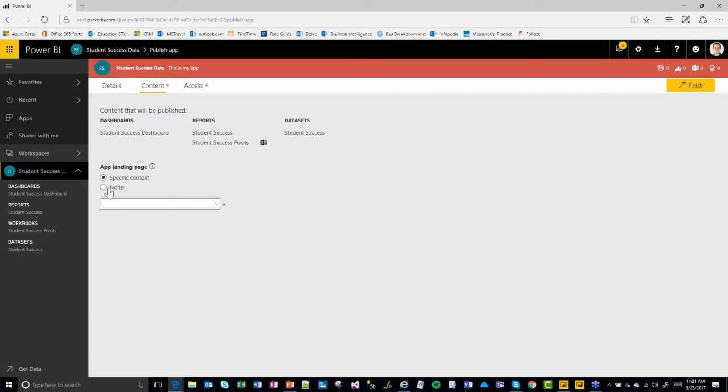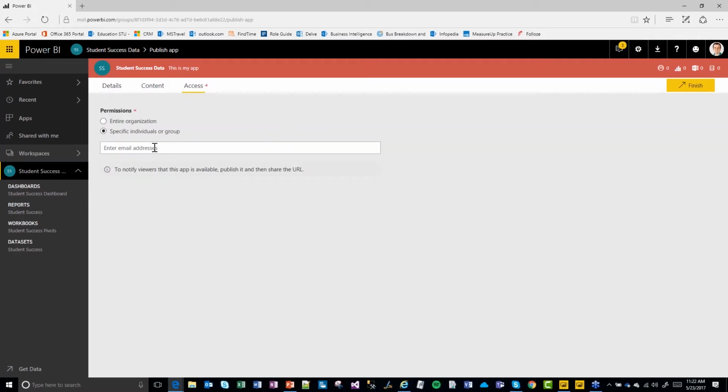Okay. I can specify the landing page, so we want maybe the dashboard to be the first thing that comes up as part of the landing page. And now we can set up our access. Who should have access to this content? So I'm just going to put in myself here, and I'm not going to share this with anybody else. But you would put in the list of users here, and then down the line you'll be able to add security groups or the modern groups here to roll this out to a larger group of users. But whoever I enter in here is going to have access to the app.